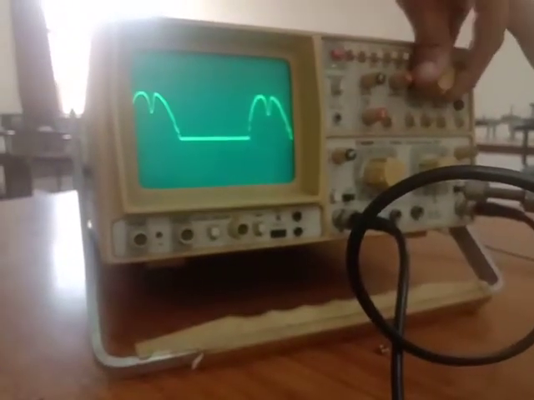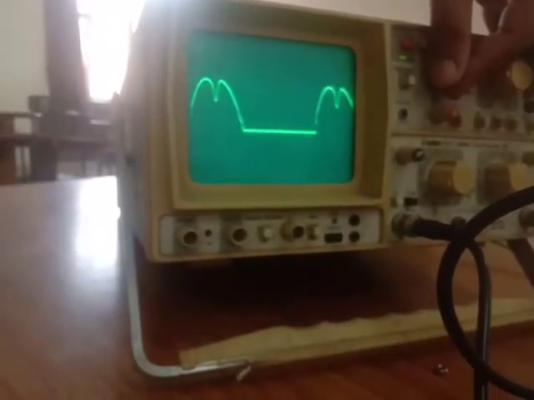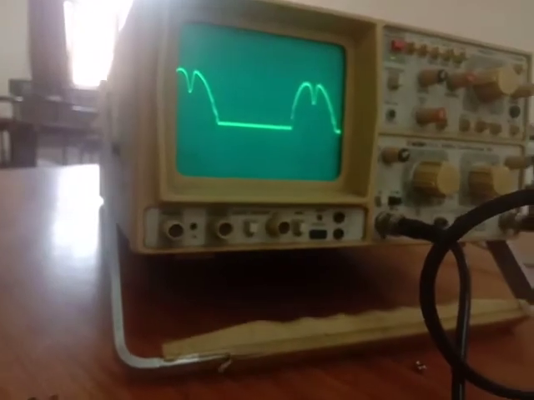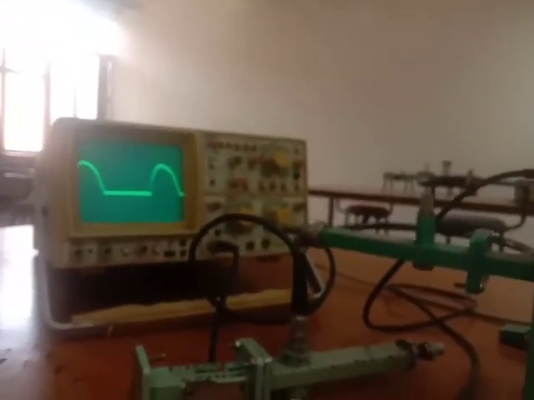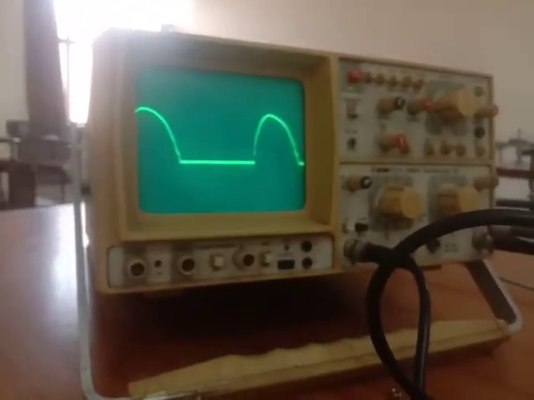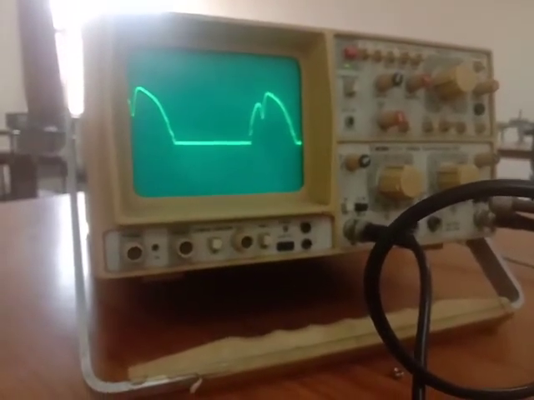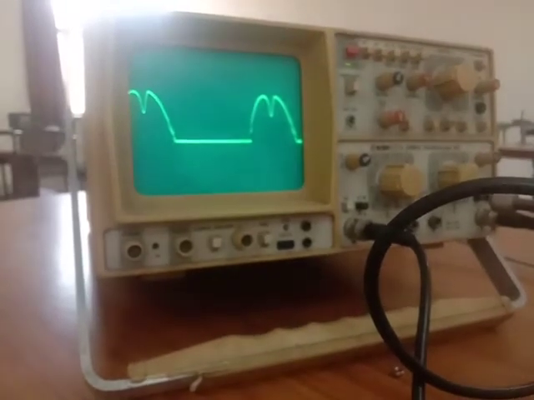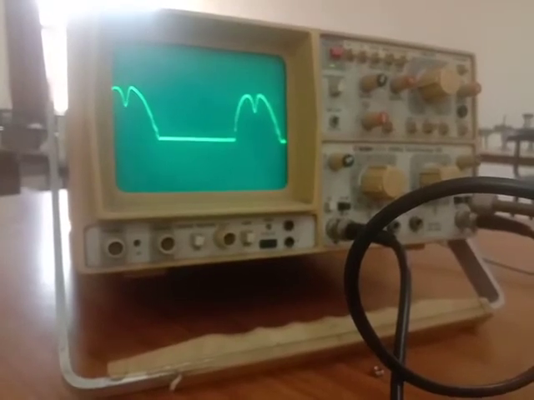Check this out. We get minima. Here we get a dip in the output. If I rotate or detune the frequency meter, we get this wave. I am rotating the frequency meter to tune it. See, there is a dip in the output waveform.